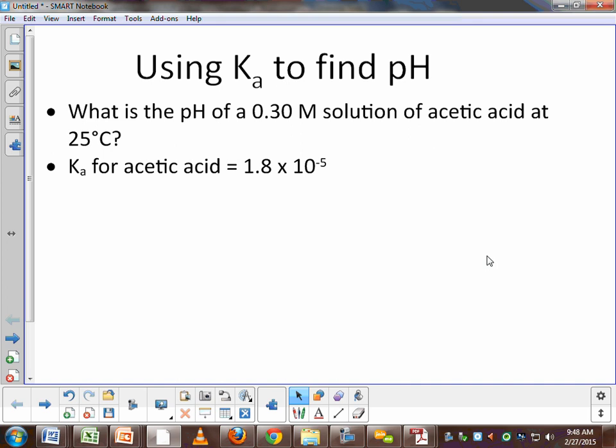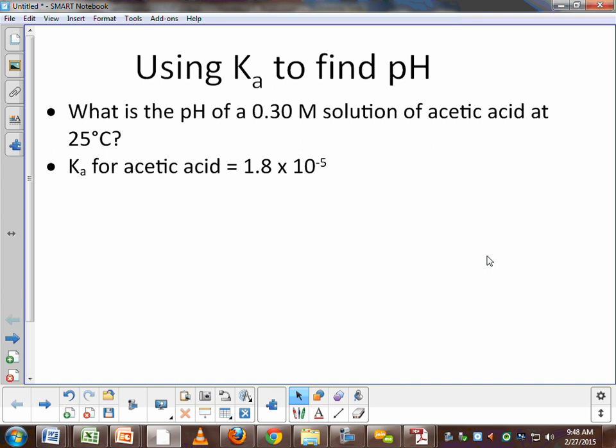This is such a standard equilibrium problem. This is probably the most common type of equilibrium question that exists out there. This one right here, determining pH from a Ka value. Hopefully by the end of this unit, you feel very comfortable with doing this type of thing. It's super common, and in terms of equilibrium problems, pretty straightforward, and this is definitely something we have to